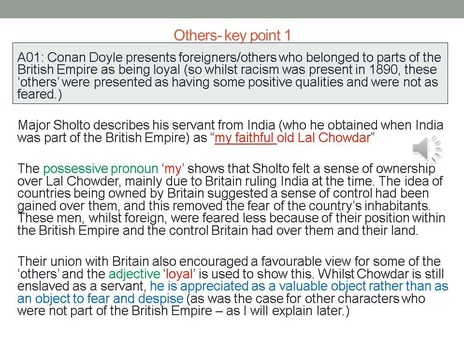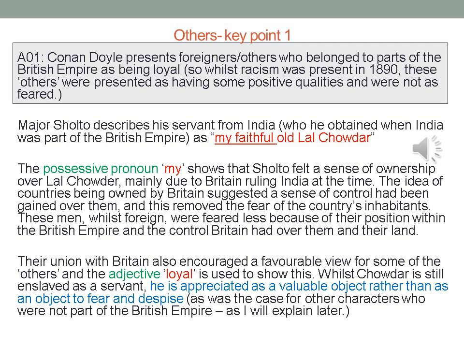In order to prove this throughout the novel, we would look at how Major Sholto describes his servant from India, Lal Chowdhury. Now, when talking about Lal Chowdhury, he describes him as "my faithful old Lal Chowdhury." The possessive pronoun "my" shows that Sholto did feel a sense of ownership over Lal Chowdhury, mainly due to Britain ruling India at the time, and that idea that he had of the British man being more powerful than the